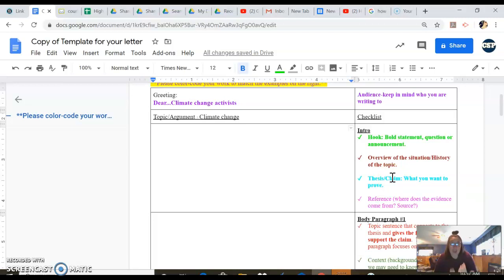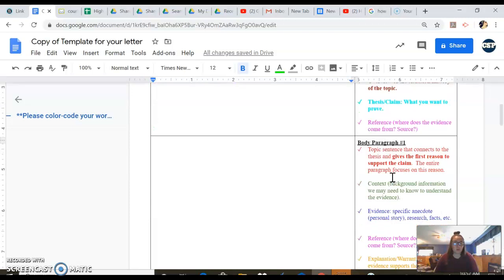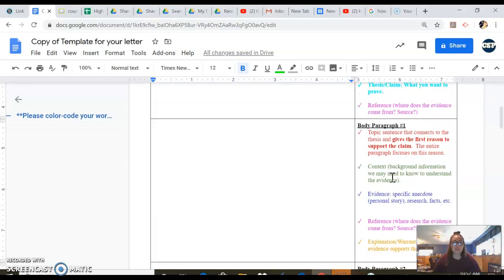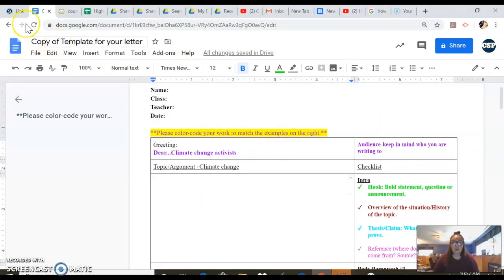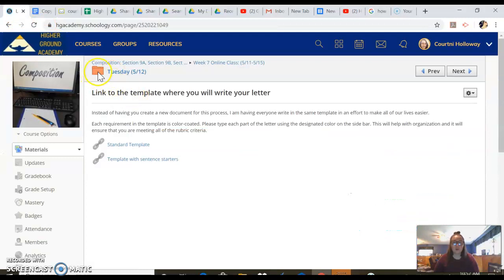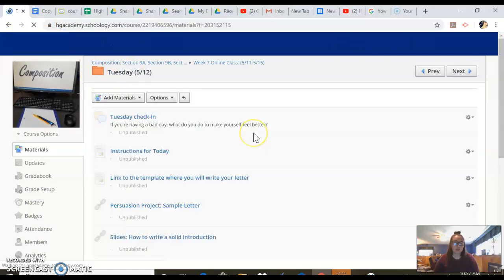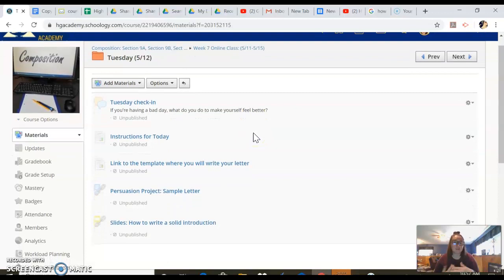And that you can make sure you have the requirements, right? If you come to a requirement and I'm like, I don't have this red requirement, then you know you are missing something. You need to go back in and make sure that you have that done. All right, so the next thing I want to do is just to show you, give you a brief overview of what an introduction for this type of essay will look like, because that is what you're going to accomplish